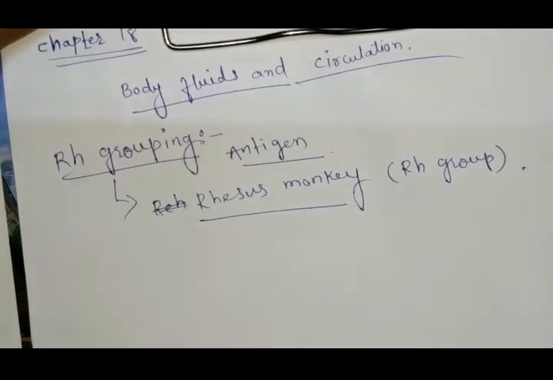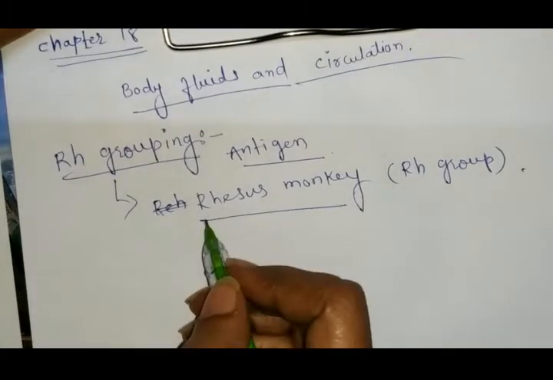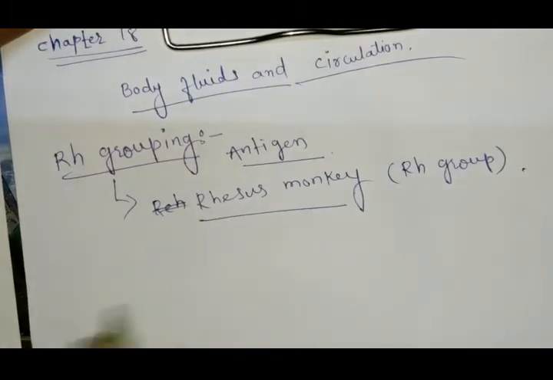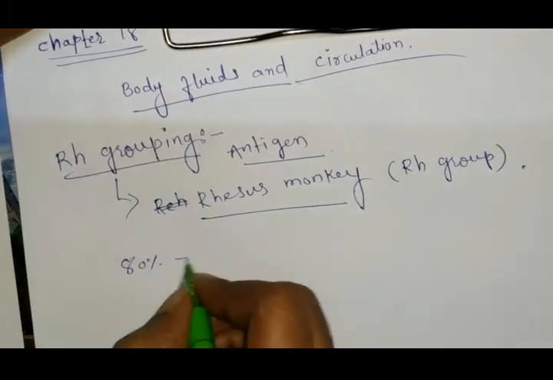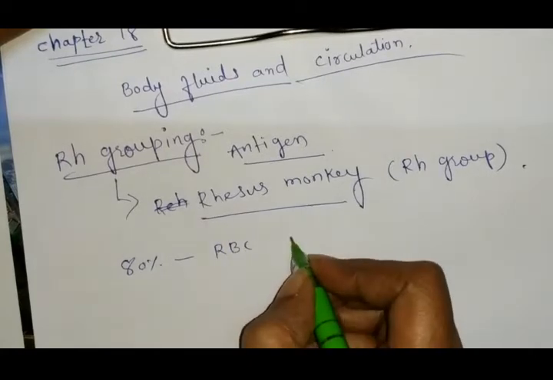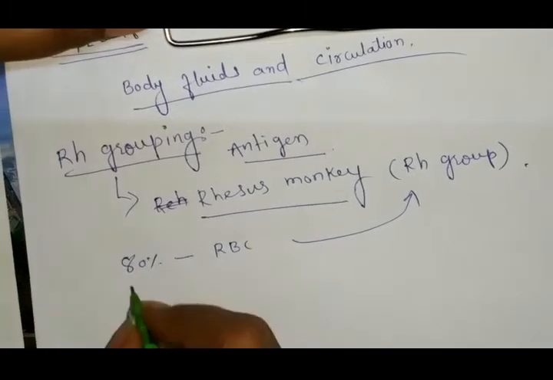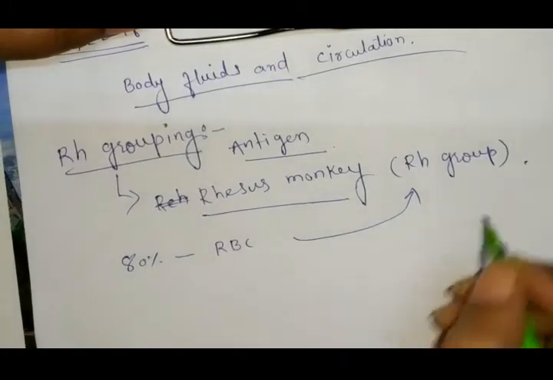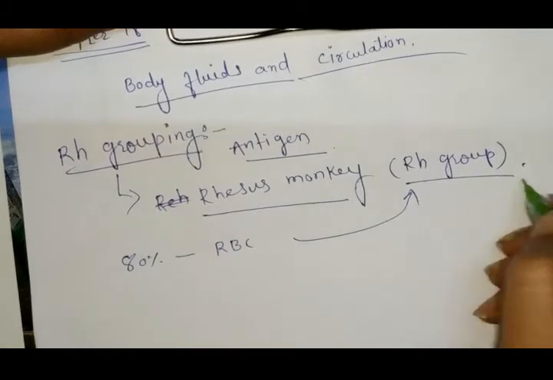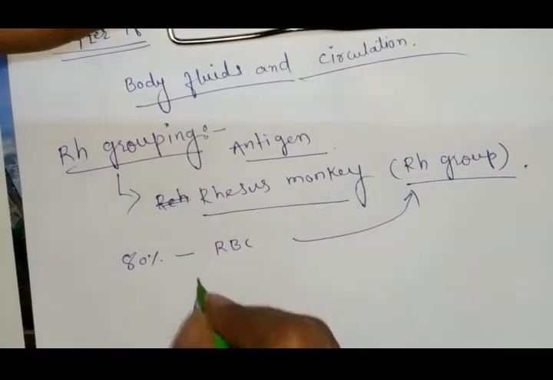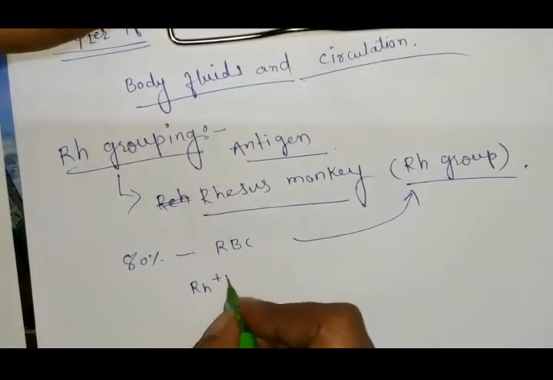It is also observed on the surface of the RBCs of the majority, nearly 80% of human beings. In 80% of human beings, RBCs contain this Rh antigen, and such individuals are called Rh positive individuals, and those in whom the antigen is absent are called Rh negative. See, in 80% of individuals this Rh antigen is present, hence the presence of the Rh antigen is called Rh positive,